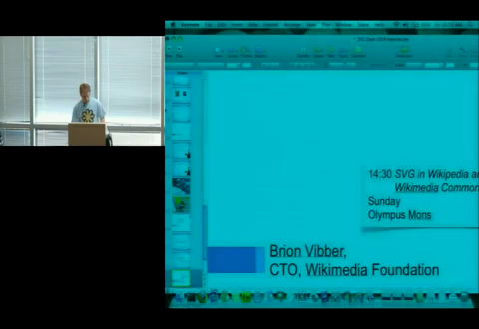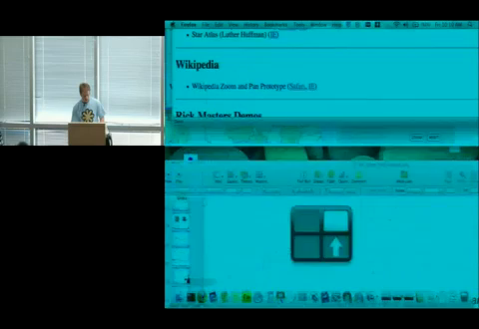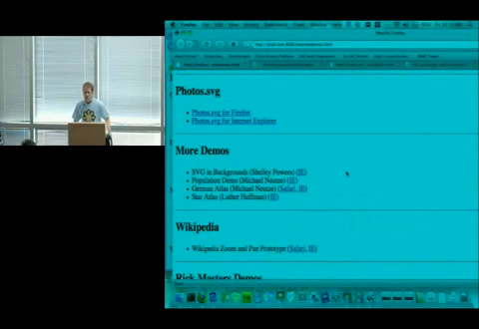I want to show you some of the work we've been doing with Wikipedia. One of the things most people don't know is they have this amazing resource called Wikimedia Commons. Every image, video, SVG file ends up on the Commons. It's free culture. They're Creative Commons licensed, and you can work with them.